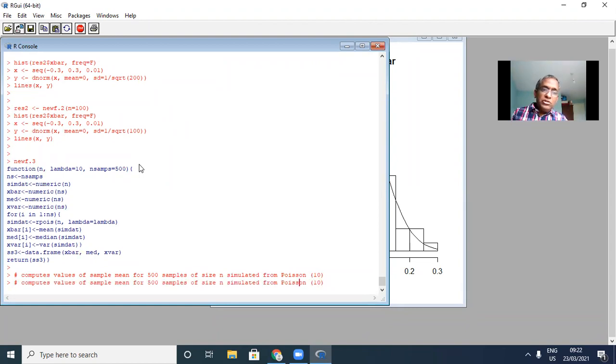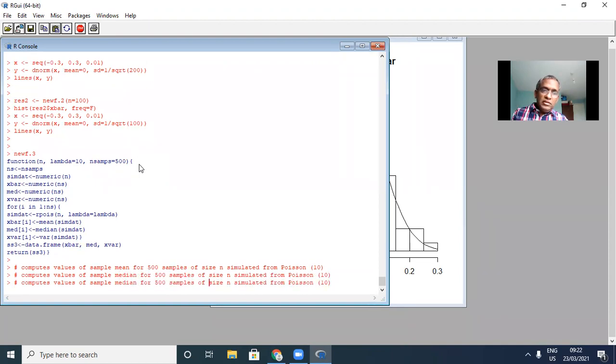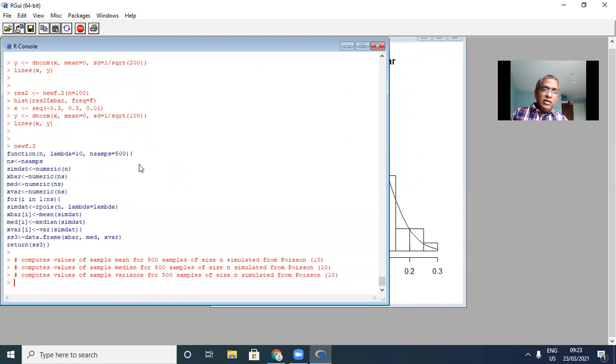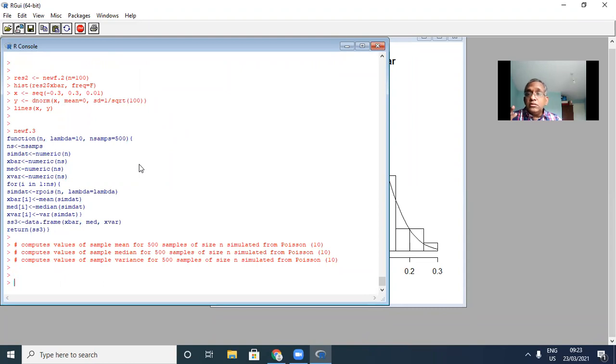It also computes the sample median, and it also computes the sample variance. So it generates 500 samples of size n from a Poisson, and for each of the 500 samples, it computes the